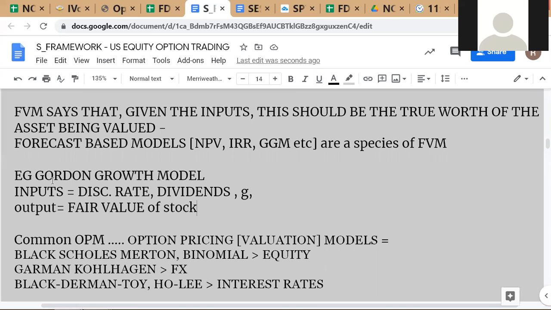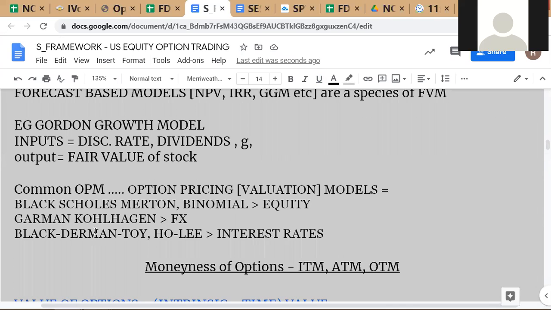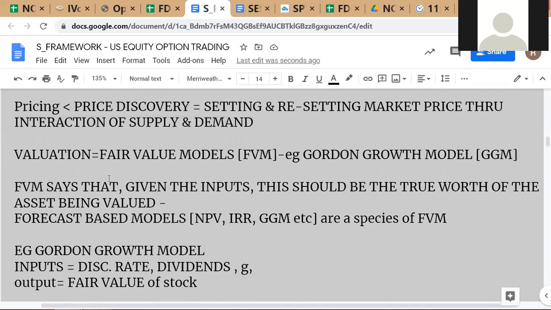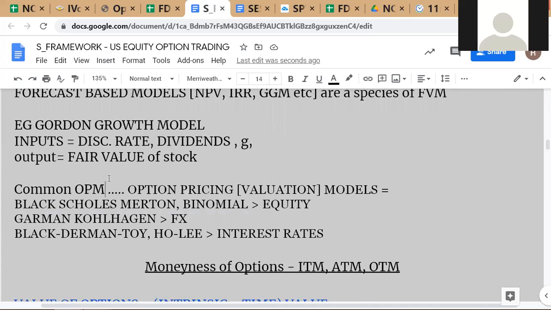Okay. So, I'll just give you a little bit about the common option pricing models, because this is one of the points that we discussed in our faculty meeting: when people learn about options, what should they learn? One of the things people said is that they should know the names of some of the common option pricing models. So we'll give you the names. Now, the most common option pricing model is this one actually.